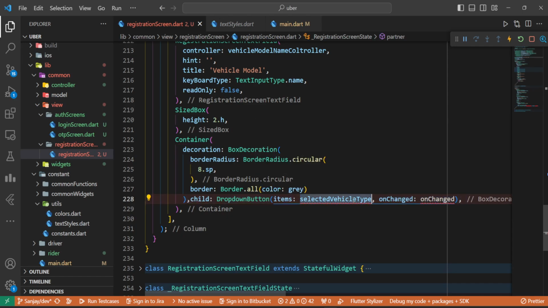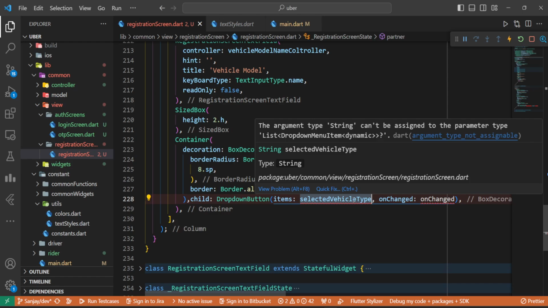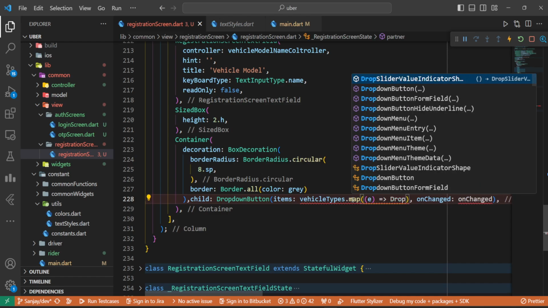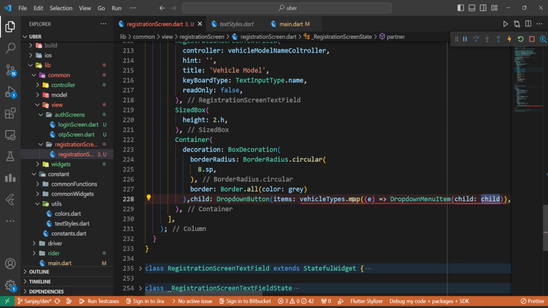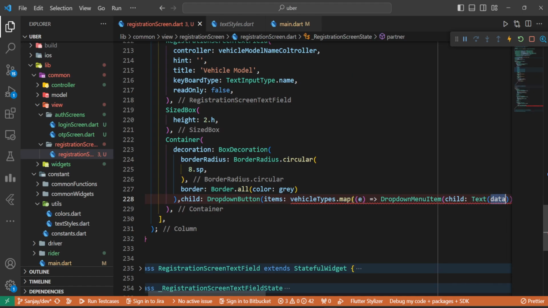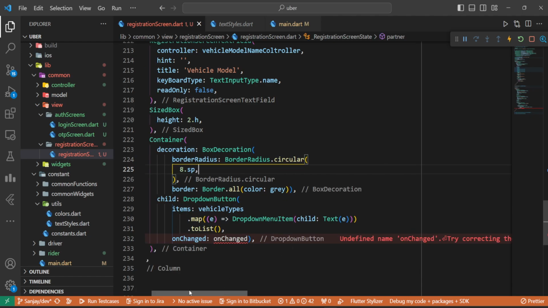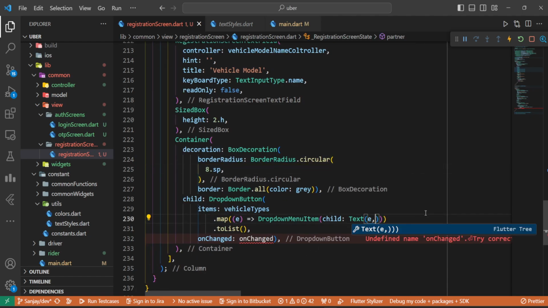Okay, not select vehicle type, it's going to be vehicle types dot map, drop down menu item. Child, it's going to be text, and here it will be E. Let's convert it to a list, save it,